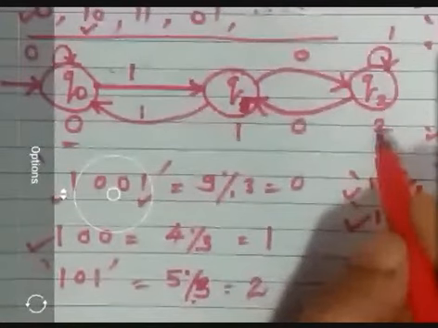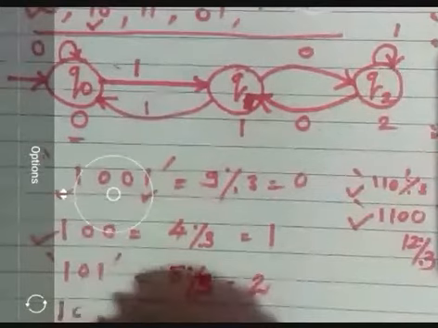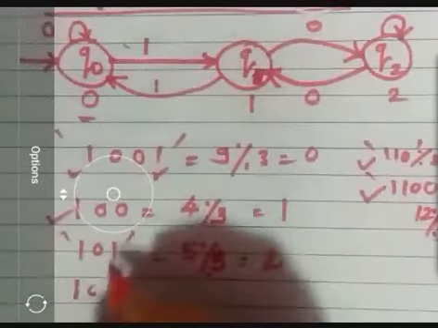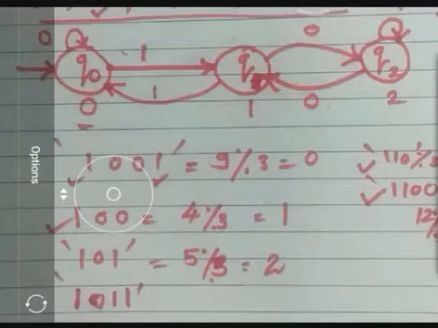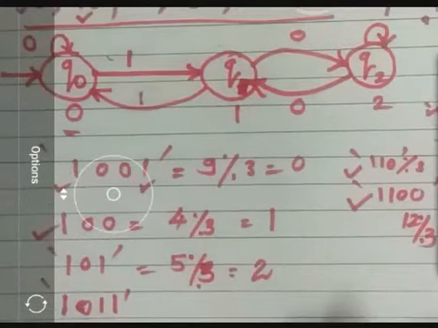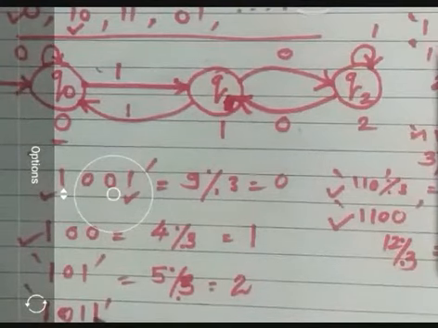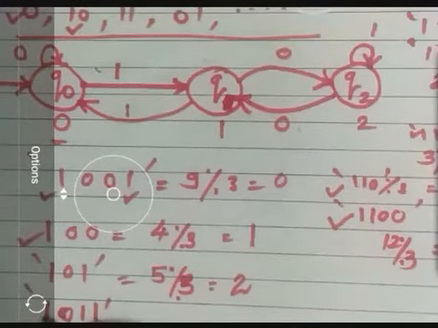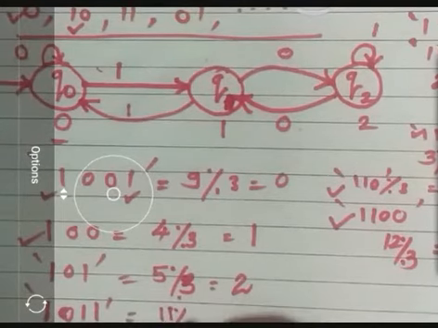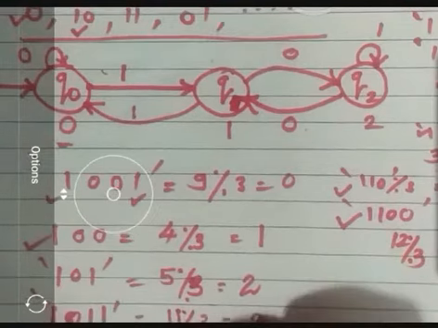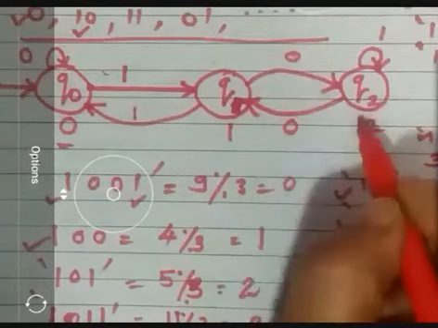Okay. Now since I have made a self loop, it should also work for any number of trailing ones. 1, 0, 1, 1. So for this also it should give me the 2 remainder. If this is okay, I need to test it. So what is it? 1, 2, 3, 3 plus 8, 11, right? So 11 modulo 3 is what? It is again 2, right? So 1, 0, 1, 1 will also give me output as 2.